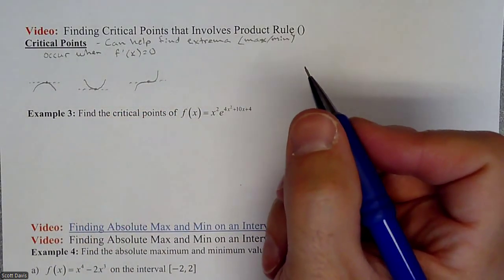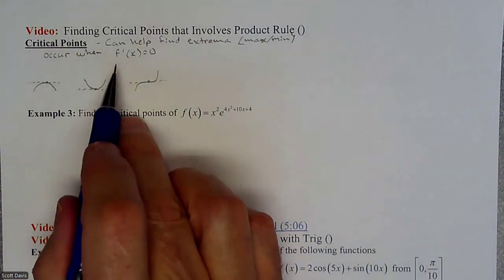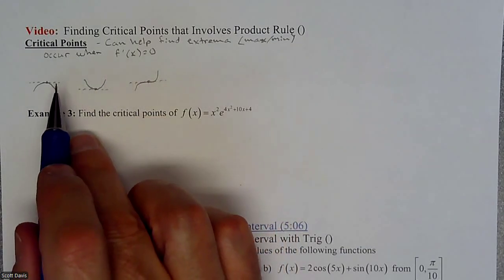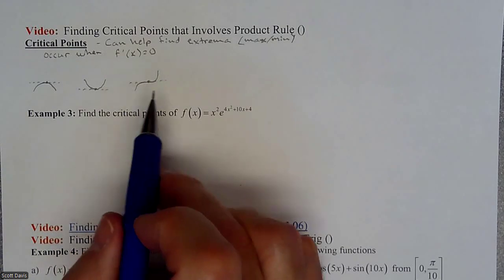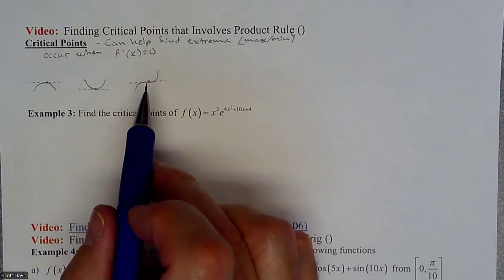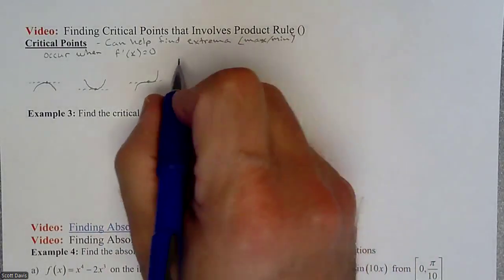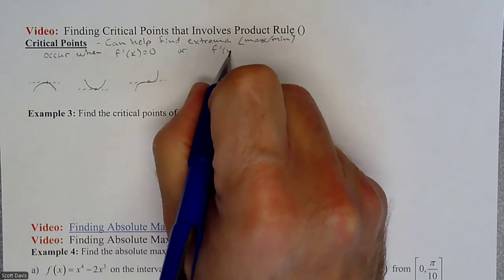You're not going to know that until you dig a little deeper to figure out what's going on. But initially, we're going to take our derivative, set it equal to 0, and we're really trying to figure out when we have some maximums and minimums. But this kind of situation could happen when we have a slope of 0, but we don't have a maximum or a minimum. And then our other critical point is when our slope equation